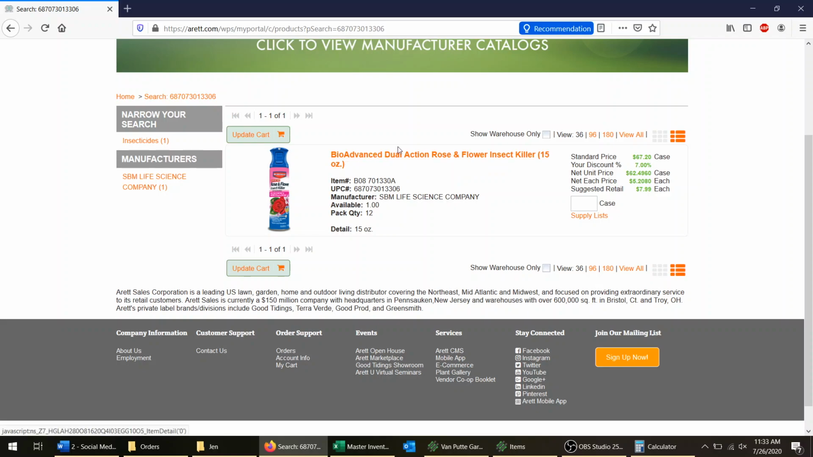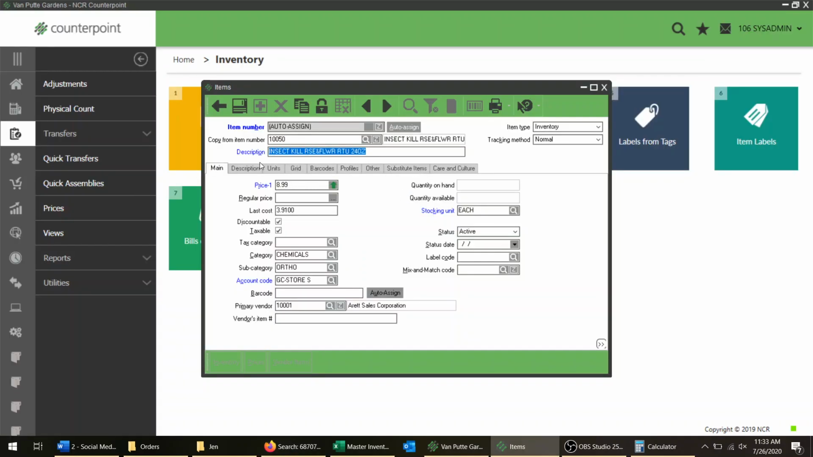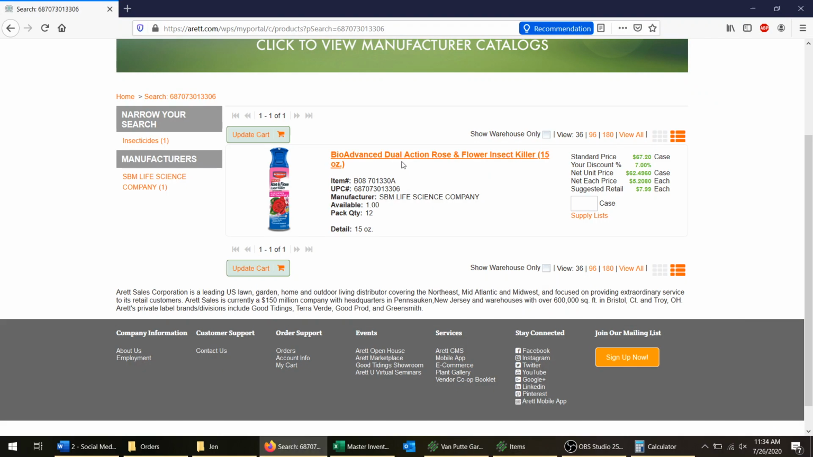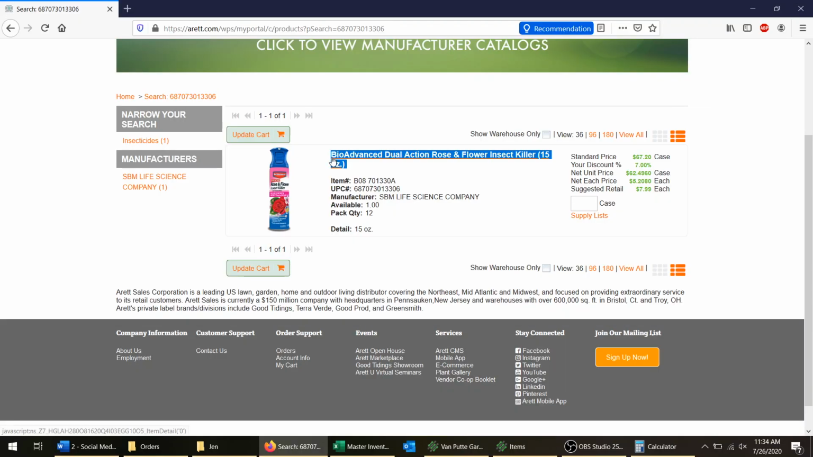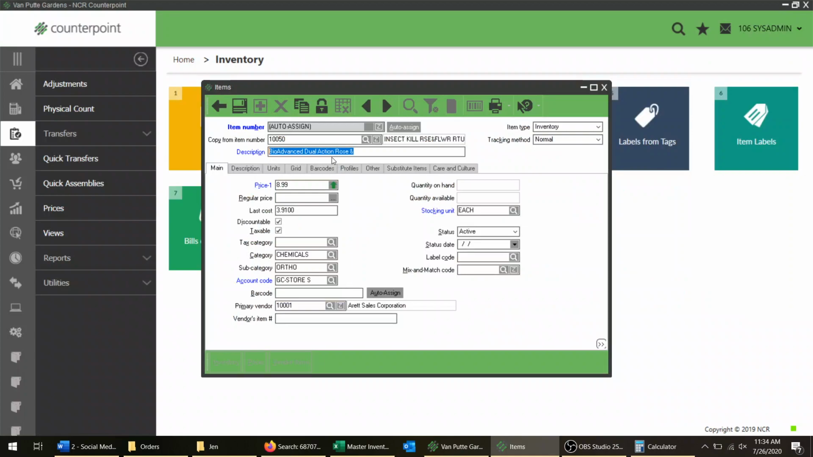So it's bio advanced, dual action rose, blah, blah, blah. If you remember, before I clicked into here, it abbreviated everything. So this is my full description: bio advanced, dual action rose and flower. So there's 3 things. I'll just back this up. Let me copy this and see how much of this fits. As you guys know, we always do the capitals. So bio advanced, dual action rose and flower insect killer. I'm going to start with rose and flower insect